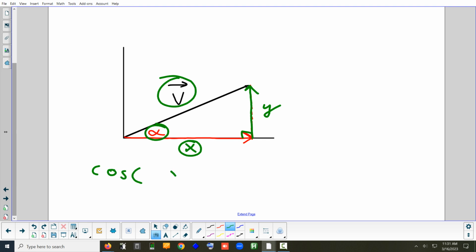You're going to be given this angle in the problem. There's only one that you need, and they'll give that to you. So we want to use cosine somehow. It'd be x over the